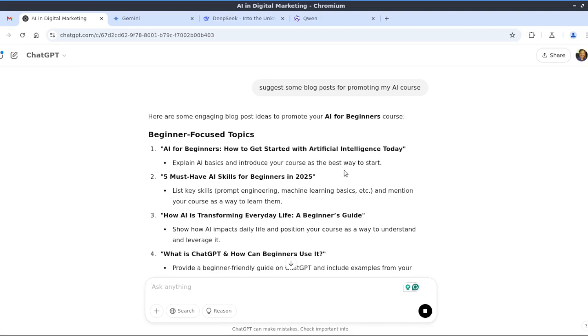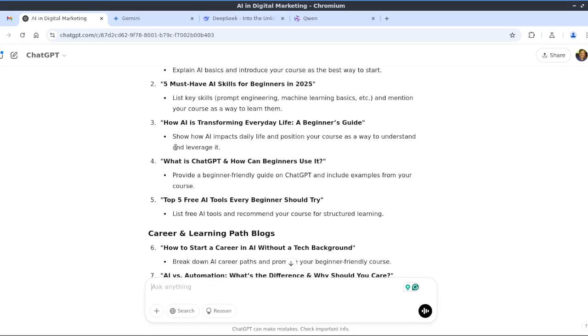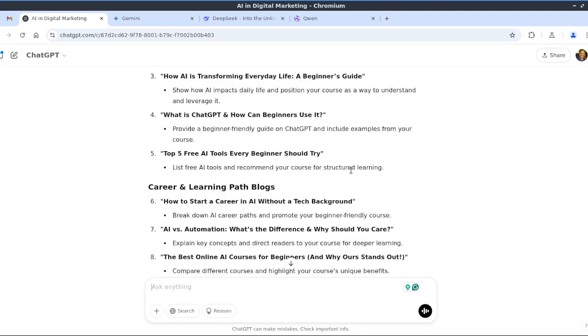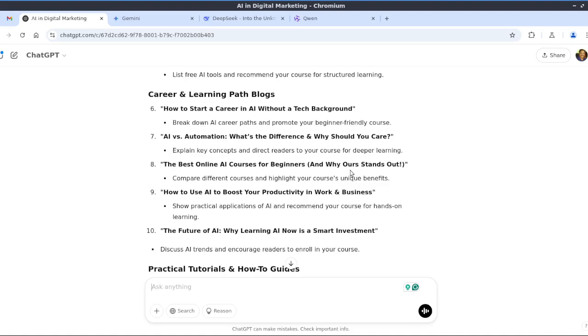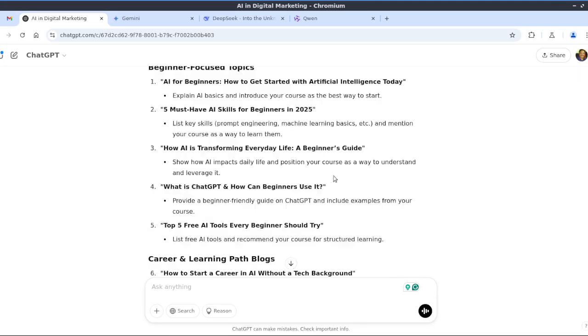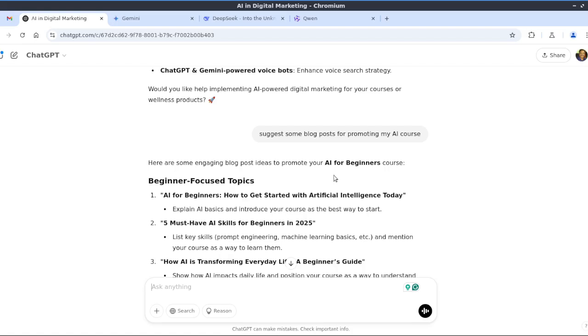So it's suggesting some good article titles, right? They provided the title and some suggestions on how to use it. All are really relevant for my course. Then we can ask it to create a real blog post also.